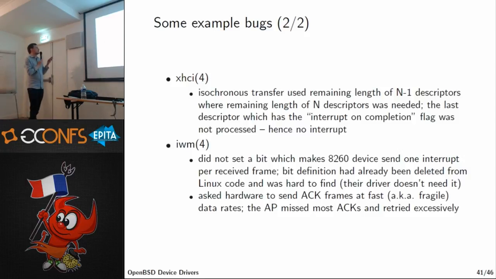Yeah, so this IWM bug here is an example where I didn't know what the hardware was expecting. There is a bit in a register that configures the reception of packets. This bit says that you should get 1 interrupt per packet. Linux uses a different way where it aggregates a couple of frames and processes them in a batch, whereas our code was written in the old style that Linux was also using years ago. But since they implemented the new way of doing it, the bit definition was removed from the Linux header file, so I couldn't see it.